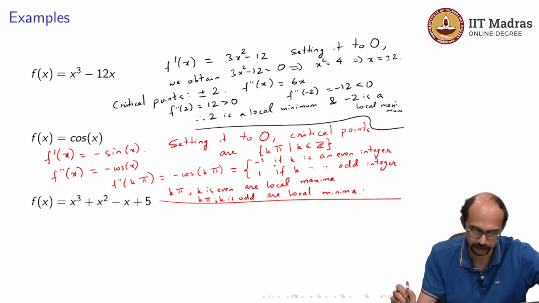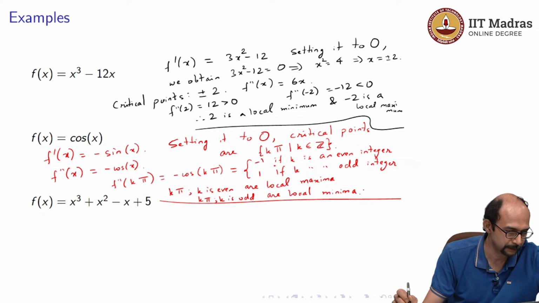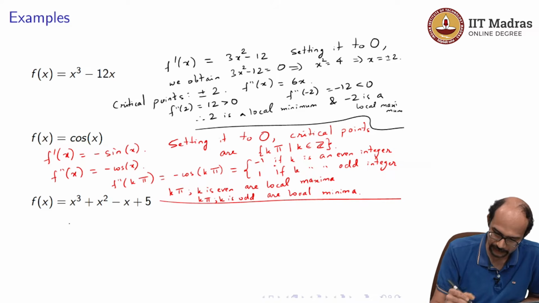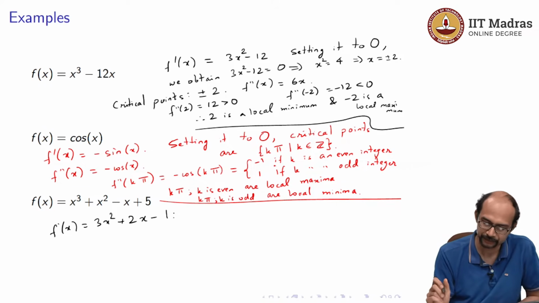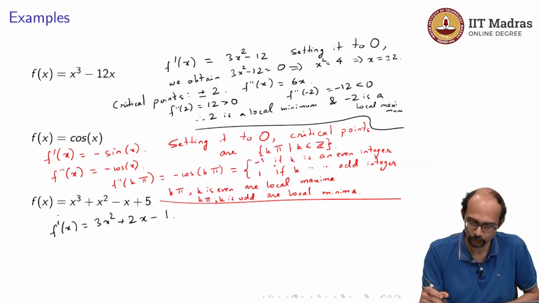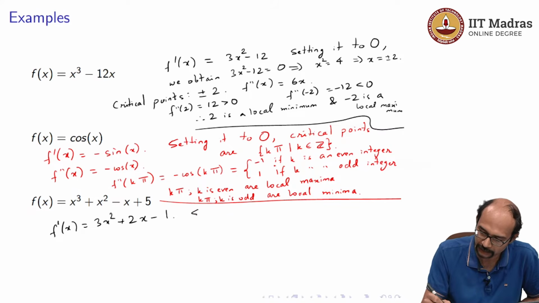Okay, let us do this last example. Here, let us differentiate. You get f prime x is 3x squared plus 2x minus 1. This looks somewhat complicated, but it is a quadratic. So if I set it to 0, I know what the roots are. Setting it to 0,